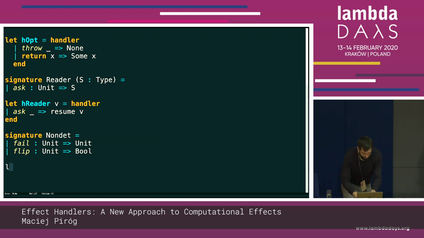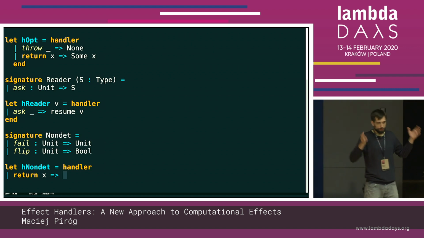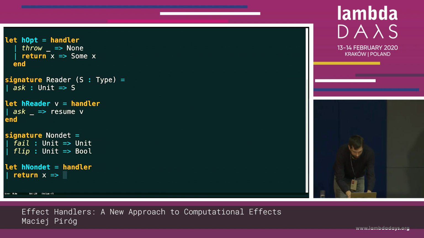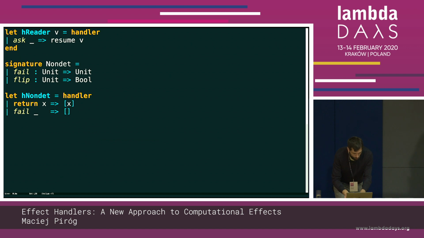So I say let h nondet is a handler. Well, I do return x, right? When there is no operation, just a pure value, what do I do? I say, okay, there is one result, so I have a singleton list, right? Looks almost like Haskell. Now, whenever I fail, what do I do? I say, oh, the result is just the empty list. And when I do flip,